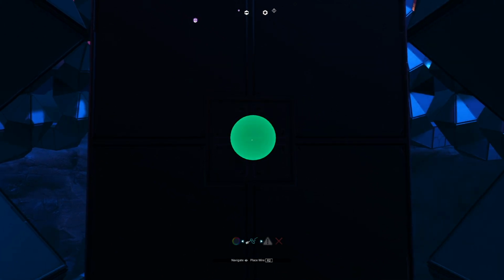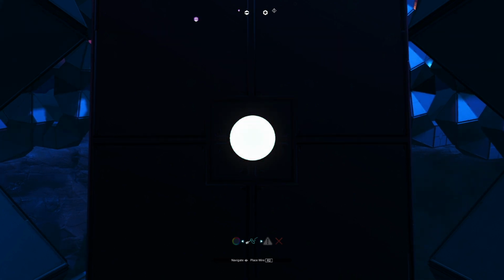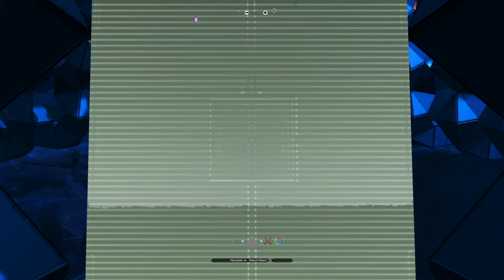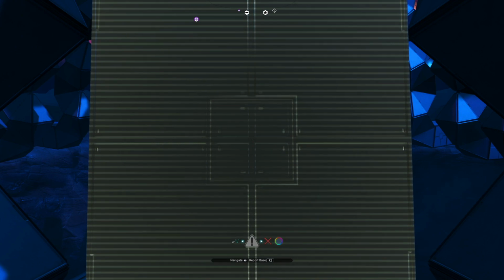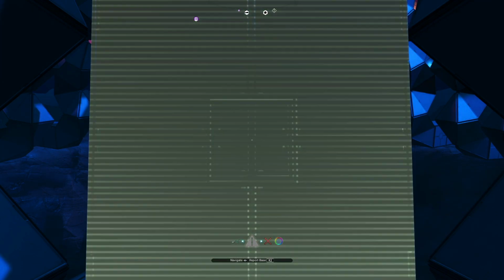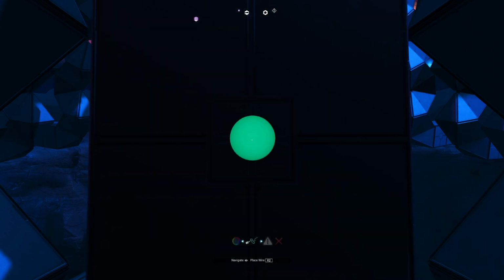So while we are keeping the shortcut menu activated, we use the D-pad to move to the report base option. That way the pyramid gets highlighted and also the cursor is more visible. Now we can just simply aim our cursor at the center of the pyramid. And once we are happy with its location, we use the D-pad once again to select our